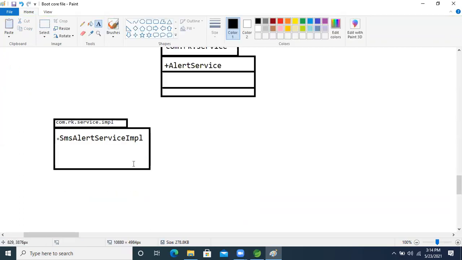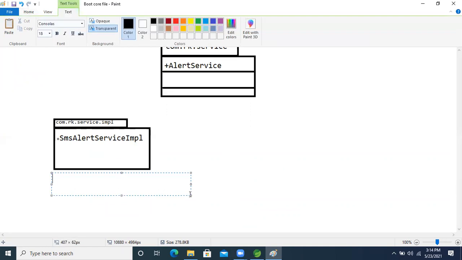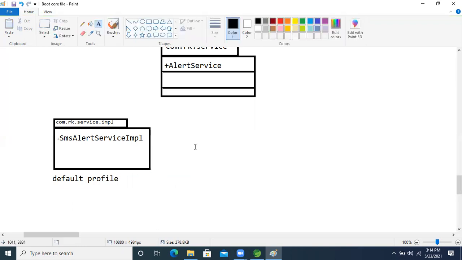So what we will do now is take this class as the default profile, guys. Okay, default profile. Now, between these classes, which relation is there? An IS-A relation is there, between the interface and this class.